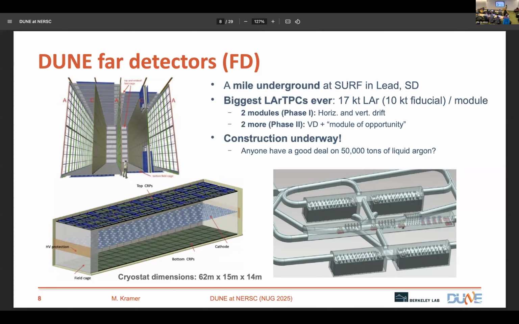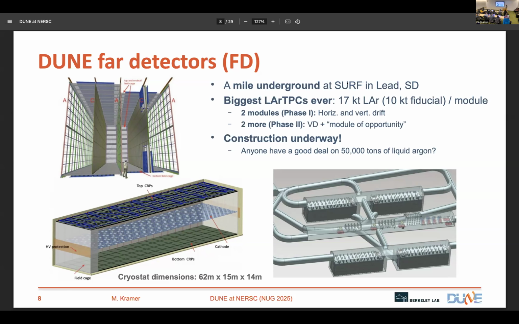We'll have backgrounds there, but 10 kilotons in the interior will be our so-called fiducial target. And so these are big detectors, as you can see here. We're going to start with 2 modules using 2 slightly different technologies, both based on this tomographic readout. One has a horizontal electric field, the other has a vertical one, and slightly different electronics and other technologies, but similar ideas. And then in phase 2 of DUNE, there will be a 3rd detector using the same vertical drift